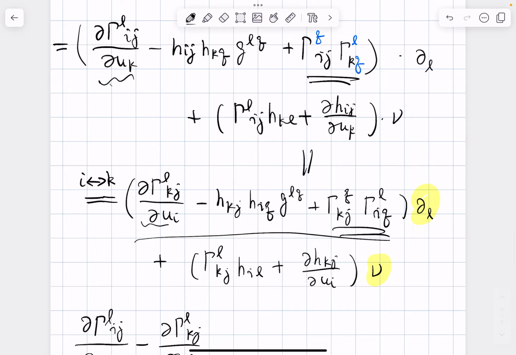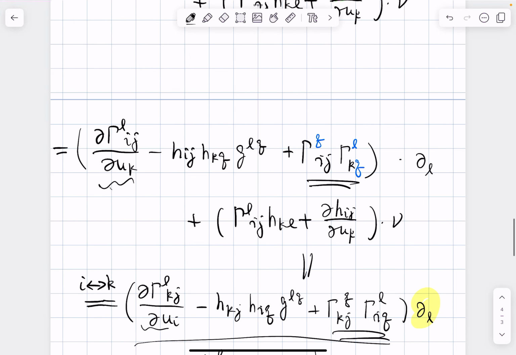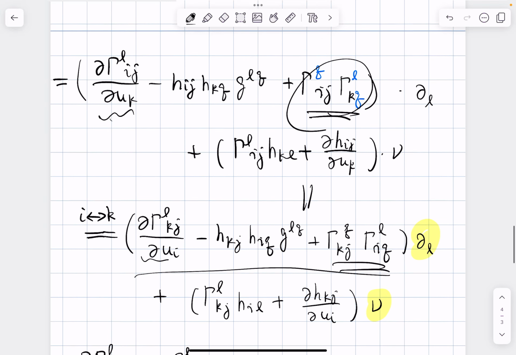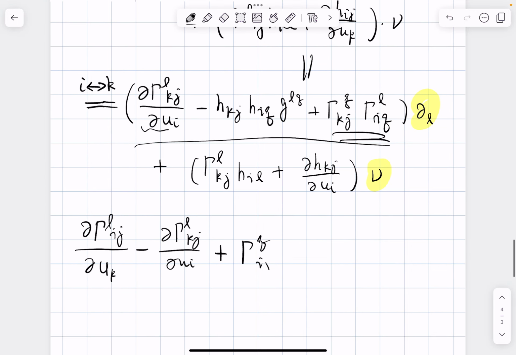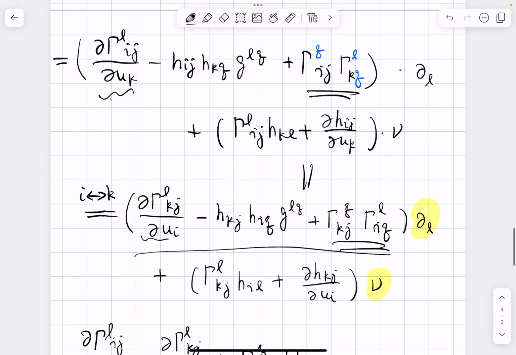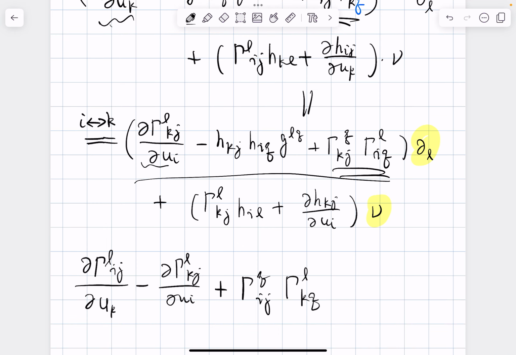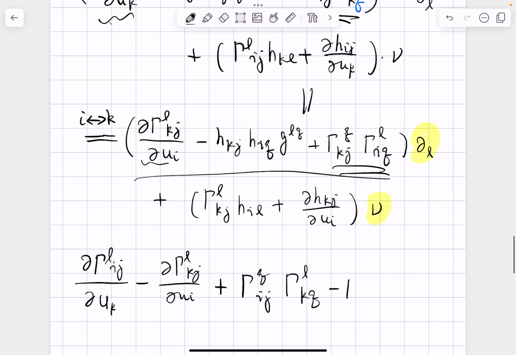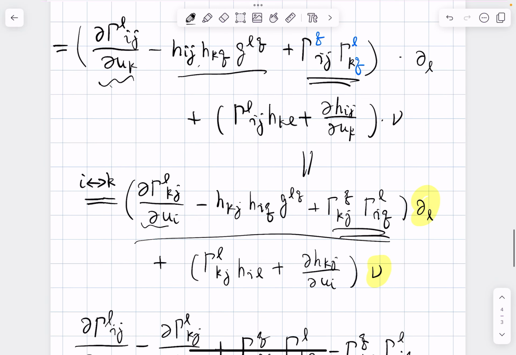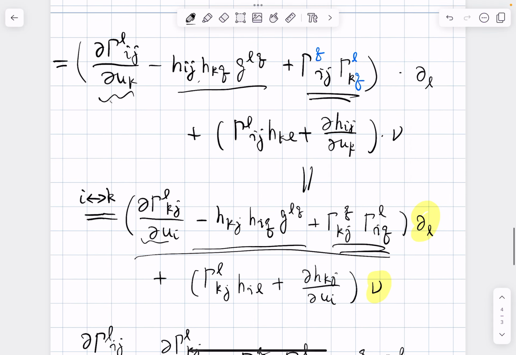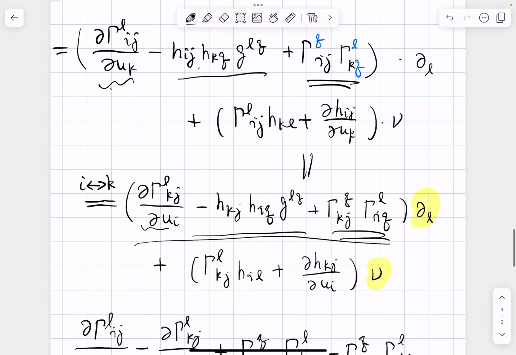And this part with this part, which is plus this part, this part first, which is gamma q ij gamma aq l minus gamma q aj gamma liq. Okay, and this part is left, so you sort of need to move it to the other side, which is actually